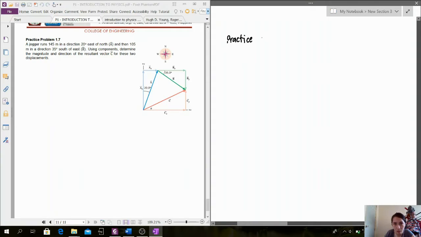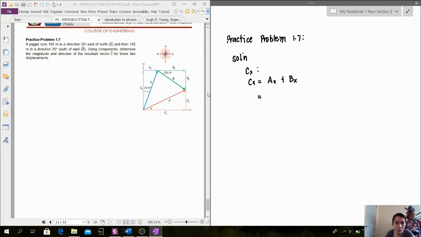Practice problem 1.7. So, for the solution, we have to find Cx. Cx, the x component of the resultant vector C, is equal to Ax plus Bx. So, Ax is equal to